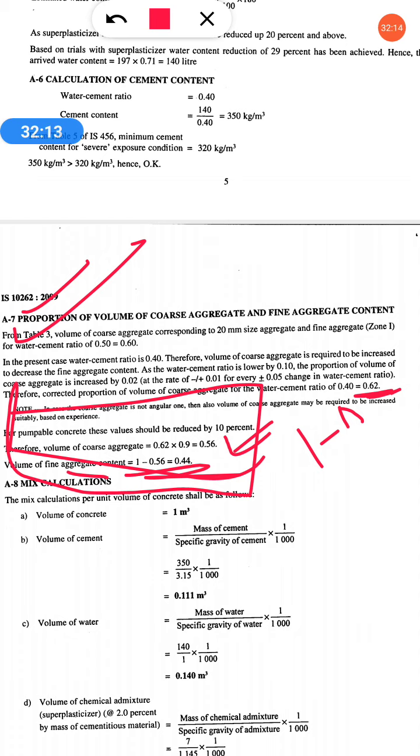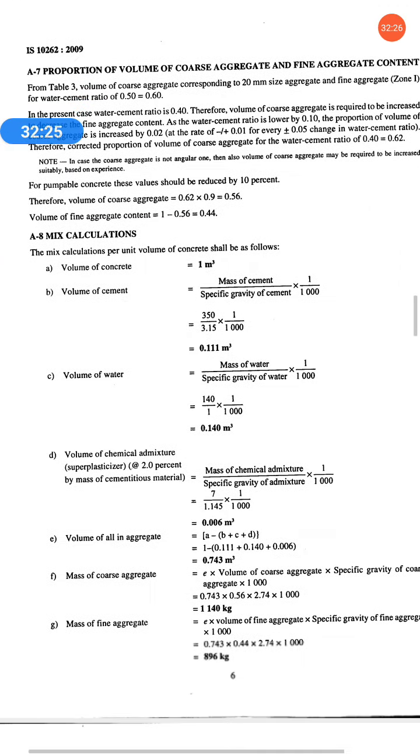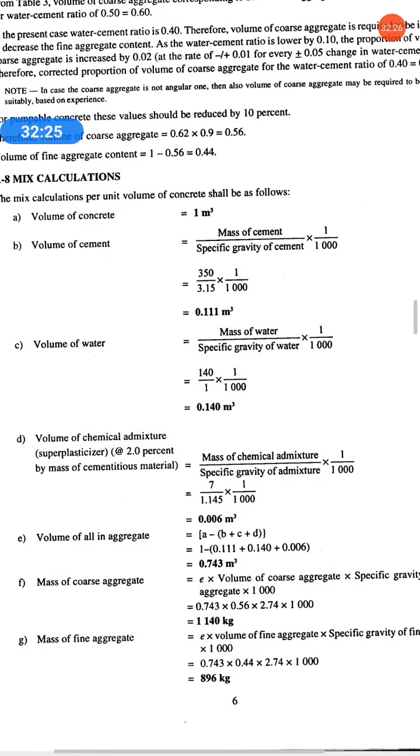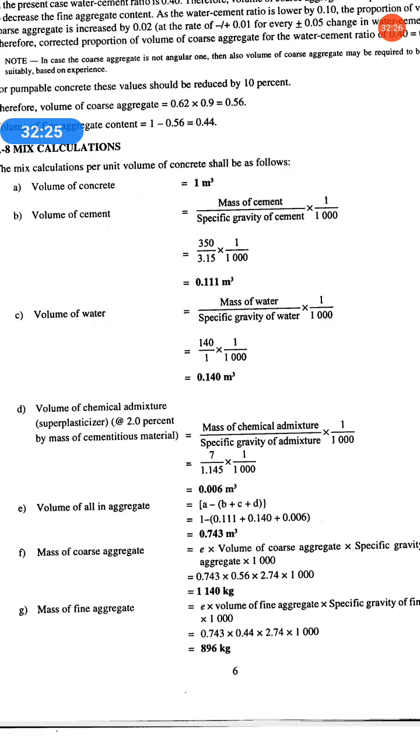So to calculate the mass of coarse aggregate and fine aggregate, you have to do the mix calculation, which is based on per meter cube of concrete. See, mix calculation, the last step. So always you have to do it according to 1 meter cube. Volume of concrete will be 1 meter cube. So volume of cement equals mass of cement upon specific gravity